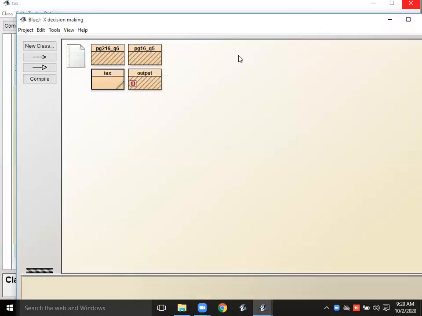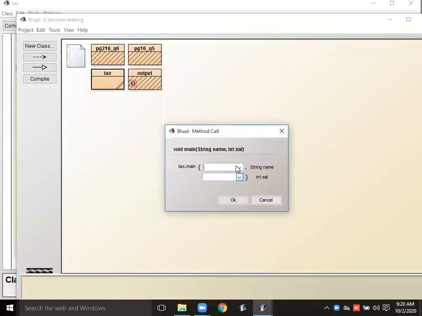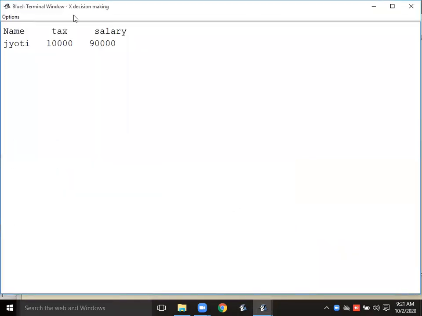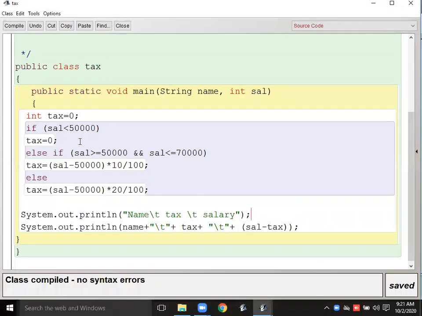Okay, if I'm giving suppose 1 lakh, now see, 10,000 will be the tax. Okay, and then 90,000 salary. Okay, see the coding again. What we have done, first of all, we have accepted the input.